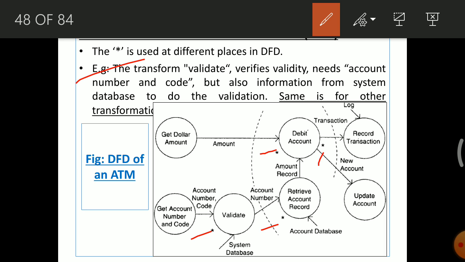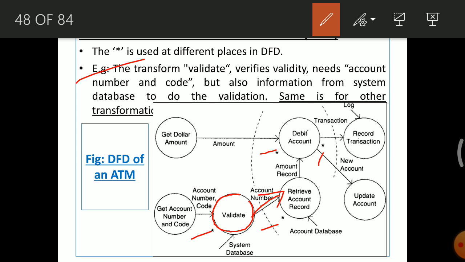There is a transform called validate. What does it do? It verifies the validity. But validity of what? Validity of the account number. And only a valid account number is supposed to be transferred as input to the next transform.